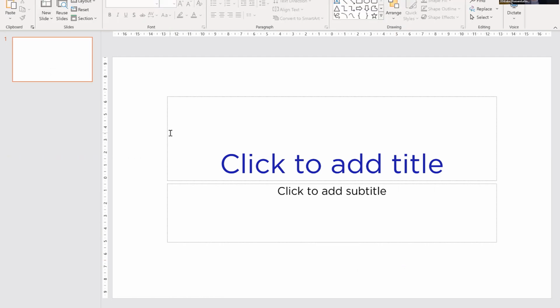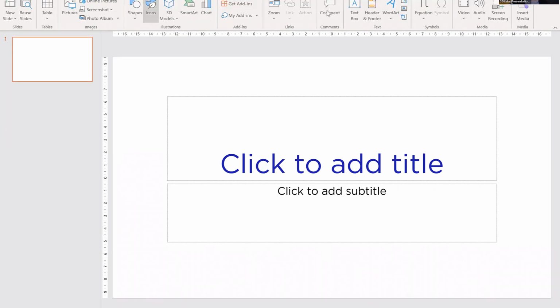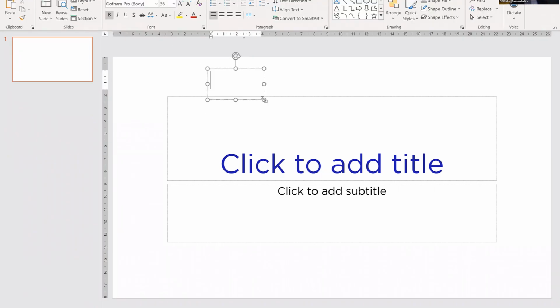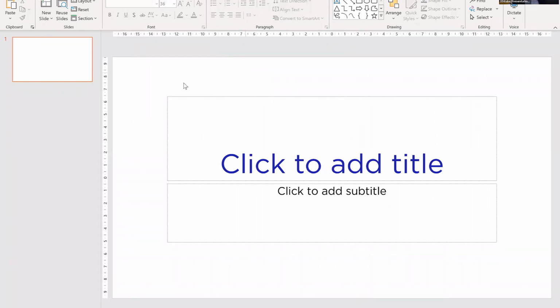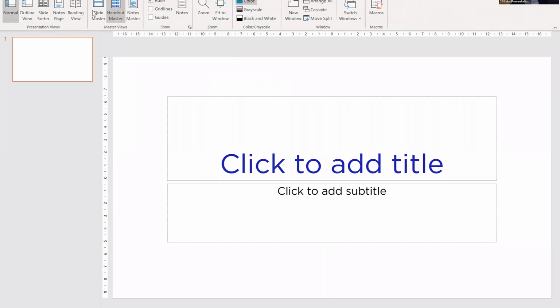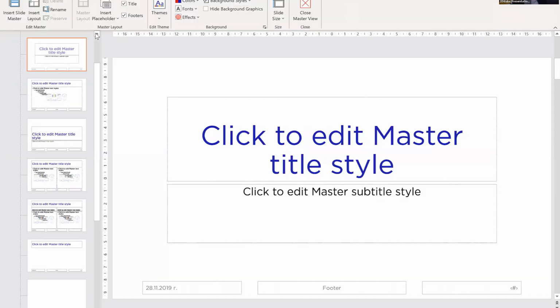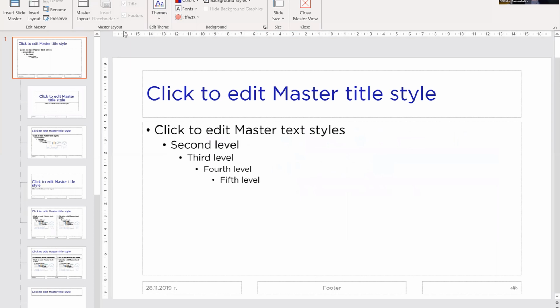It works perfectly well. This is the same with the text boxes. So ABC, yeah, it's the same. Great. Now I'm going to go to the slide master again and explain why sometimes we cannot move anything from the